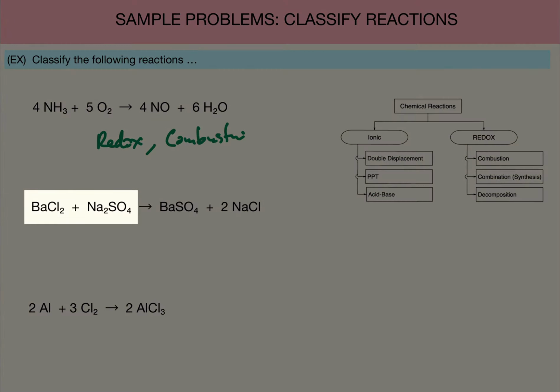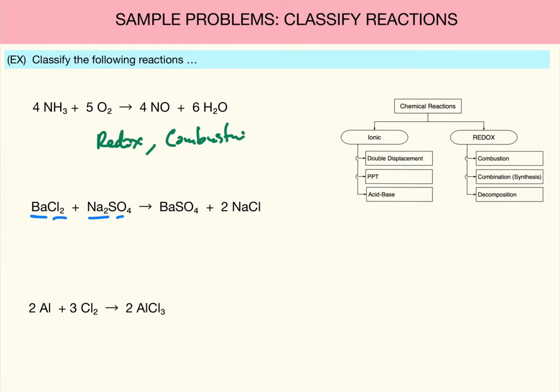The second problem involves barium chloride and sodium sulfate. Indeed, I can see the metal, non-metal species in each of those reactants. I'm pretty sure I have an ionic reaction, but let's see. Yes, barium and sulfate and sodium and chloride. I see that double displacement with each of those, so I do have a double displacement. It's an ionic reaction. Do I have a precipitate? If I look on my solubility table, I will see that indeed barium sulfate precipitates, so I also have a